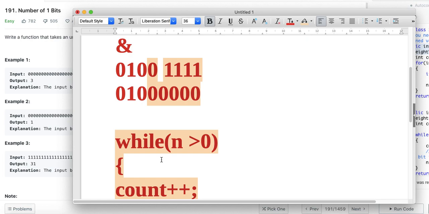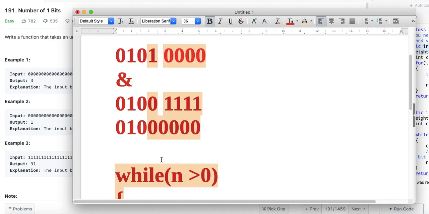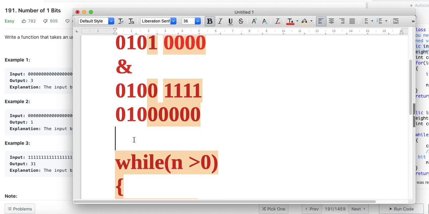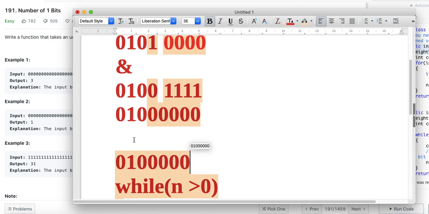This is quite a bit more optimized than the earlier approach, because in the earlier approach you are checking every bit: I'll check if this bit is one, this bit, and so on. Even if only one bit is there, say if the input is something like this, you would still do 8 operations.